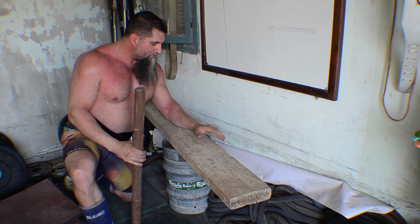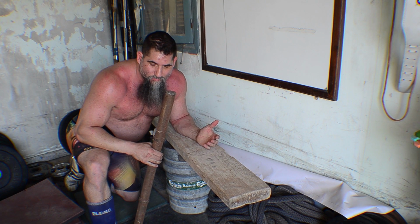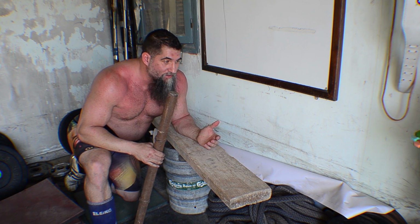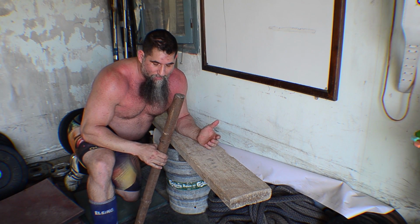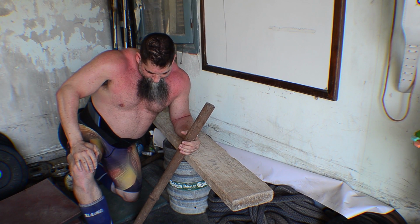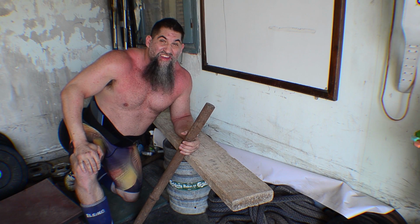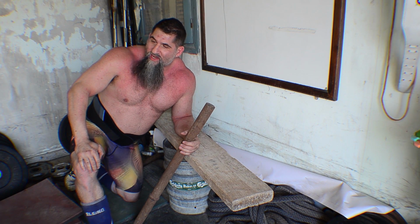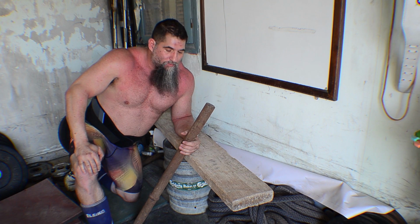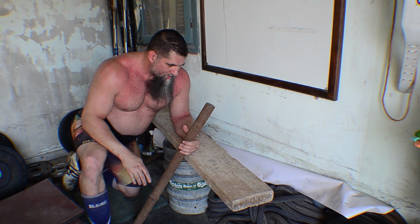So you can use a regular bench here. I've seen people use anything, even the edge of a preacher curl bench, which has got to be really painful. This is cold rolled steel. I was thinking it's 50 pounds. It's heavy and painful. I've done this on my box that I box squat on before with a rubber mat, which may be what I have to do here. But the idea